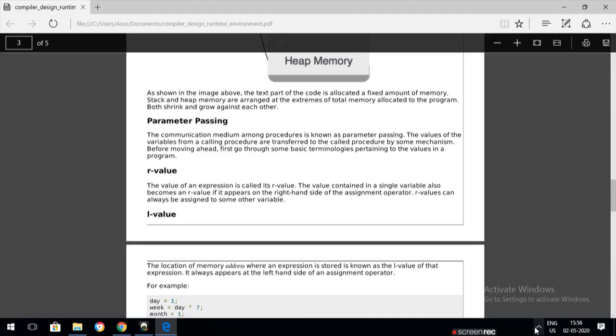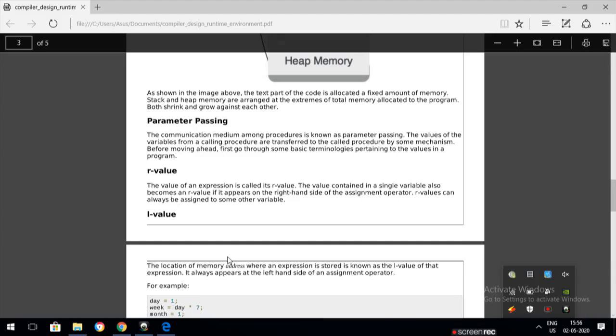We have several procedures. So how do we make communication among the procedures? With the help of parameter passing only can we successfully call the procedures. So for calling the procedure or invoking the functions, your parameter will be used as a communication. So that is parameter passing.